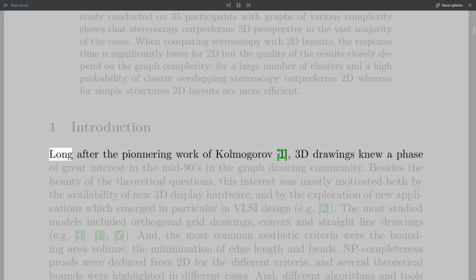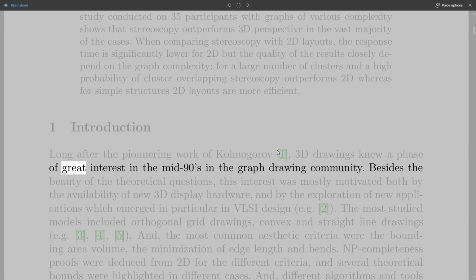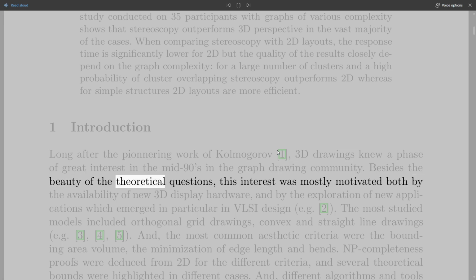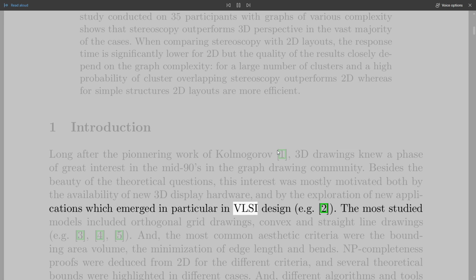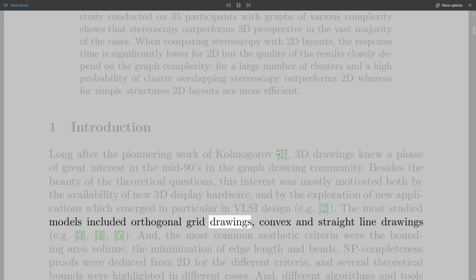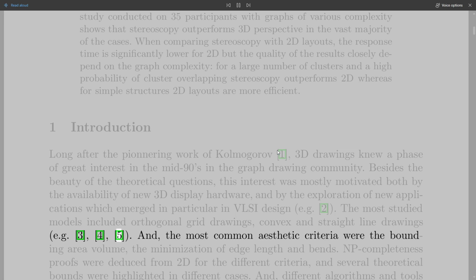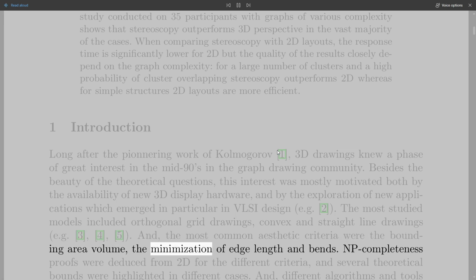Introduction. Long after the pioneering work of Kolmogorov, 3D drawings knew a phase of great interest in the mid-90s in the graph drawing community. Besides the beauty of the theoretical questions, this interest was mostly motivated both by the availability of new 3D display hardware and by the exploration of new applications which emerged in particular in VLSI design. The most studied models included orthogonal grid drawings, convex and straight-line drawings. And the most common aesthetic criteria were the bounding volume, the minimization of edge length and